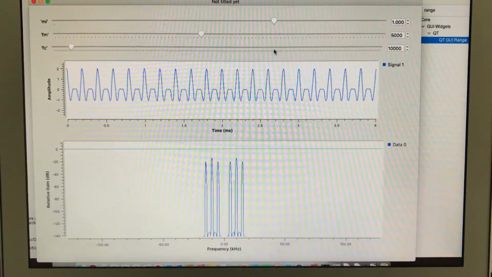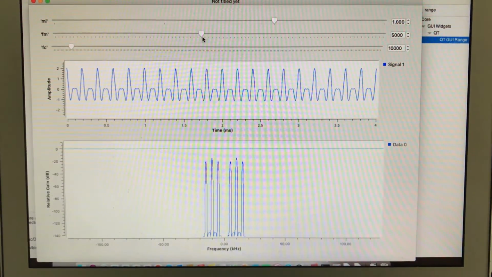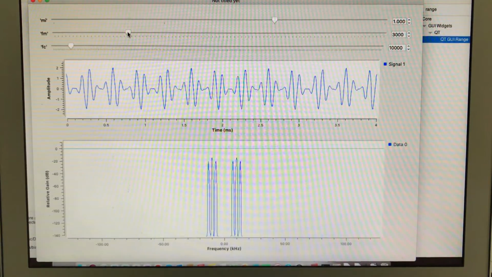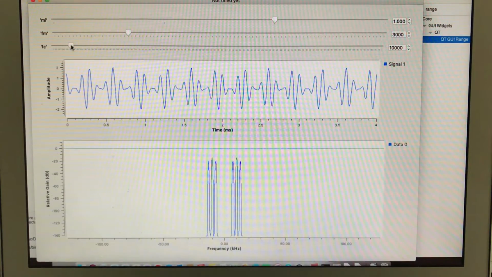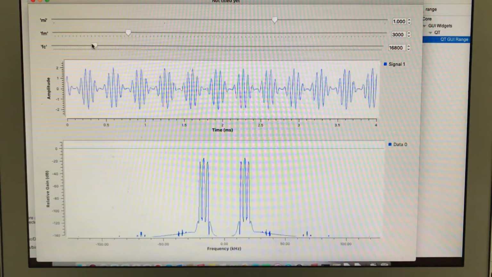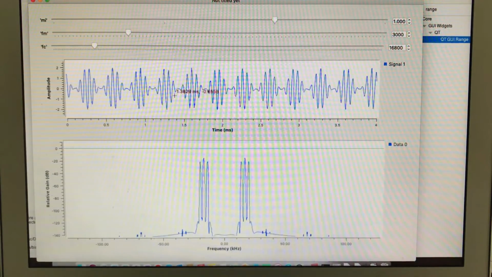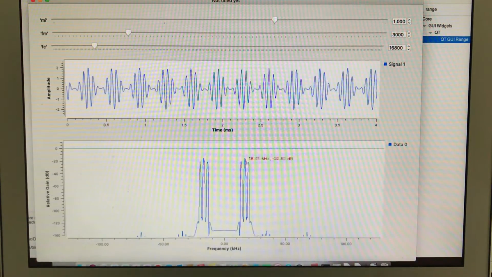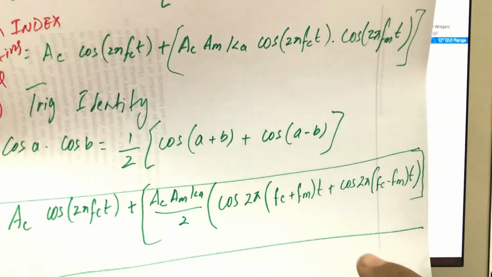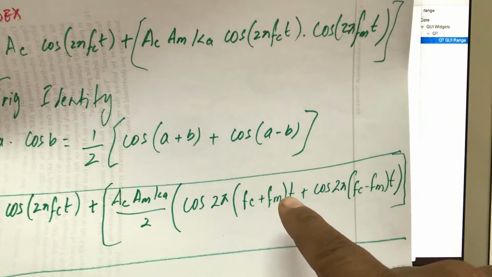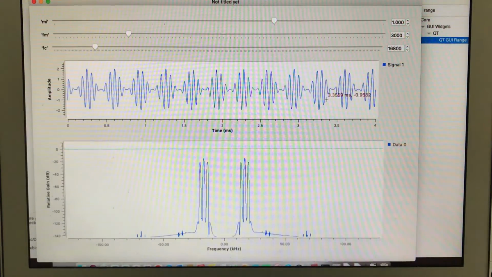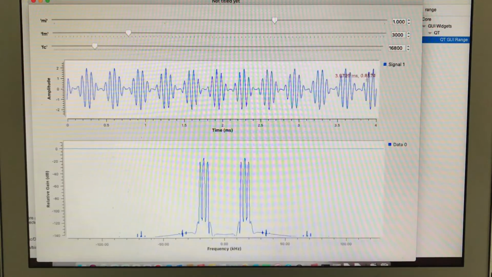No, it is, but it's not actually a factor of 10. So I'm going to just reduce my frequency to, let's say, something like 3 kilohertz. And now I'm going to start increasing my frequency. If you can clearly see this start taking place, you can start seeing those components which I promised that you would see according to your mathematical equation. You would see an FC plus FM term, FC minus FM term. Since I know my modulating frequency here is 3 kilohertz,